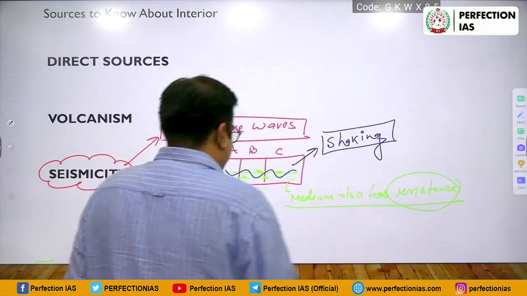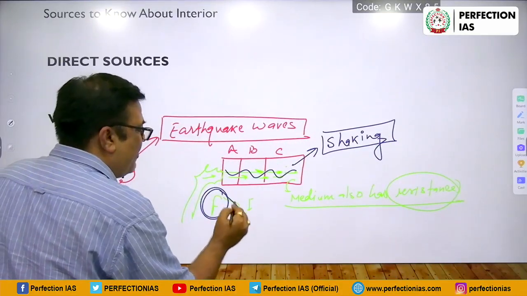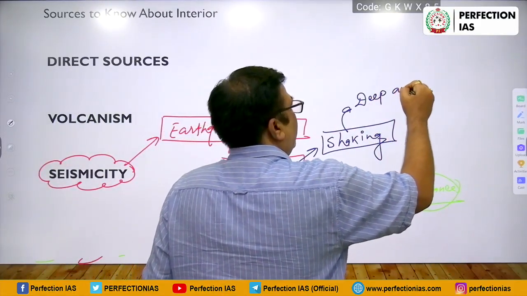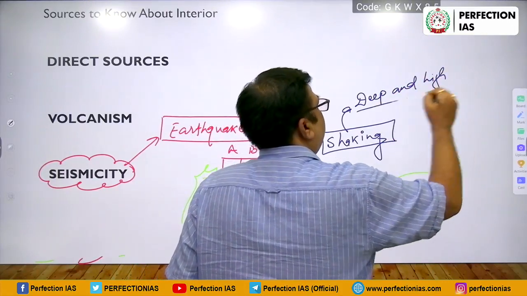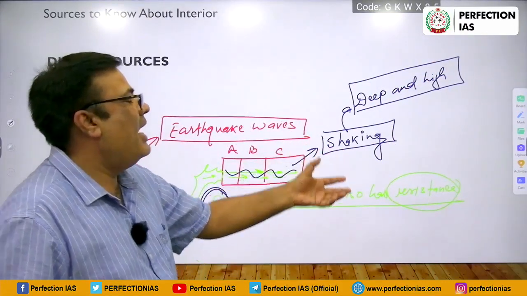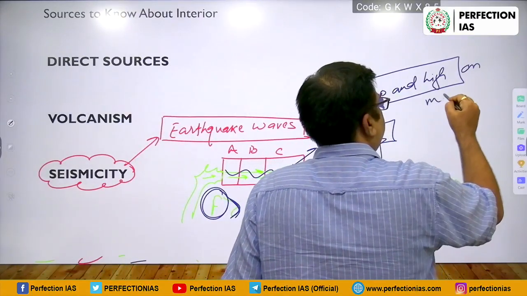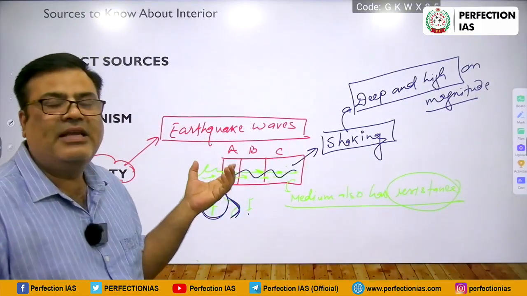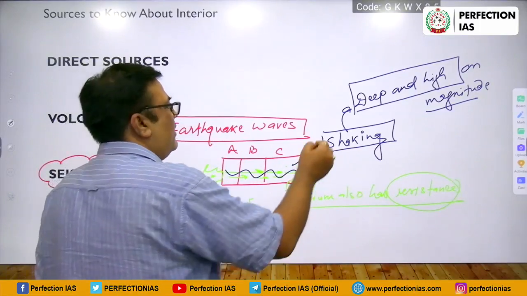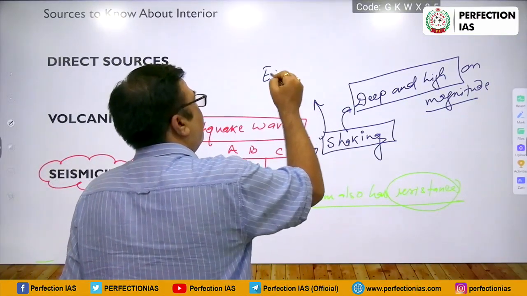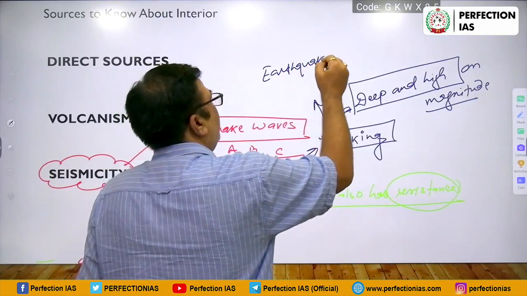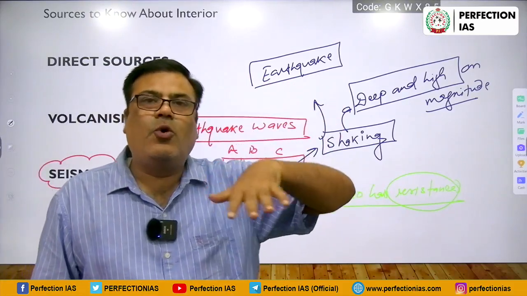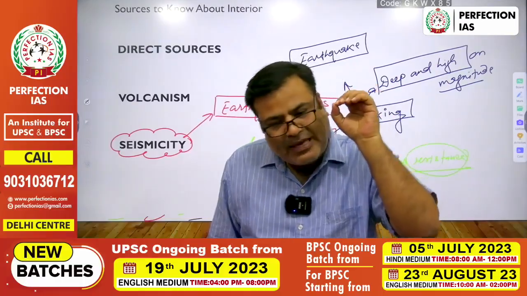And if the force is really massive and far greater than the inertia, so this shaking will be deep and high. Fine, very deep shaking and high in magnitude. And that is, if this thing is happening in the earth's surface, so that is called earthquake. मतलब क्या? ये earthquake is actually outcome of the flow of energy which is passing through the medium of